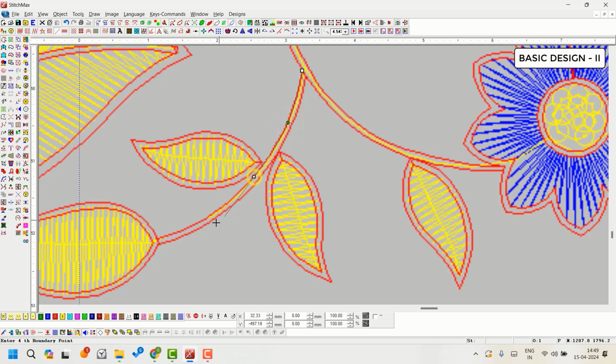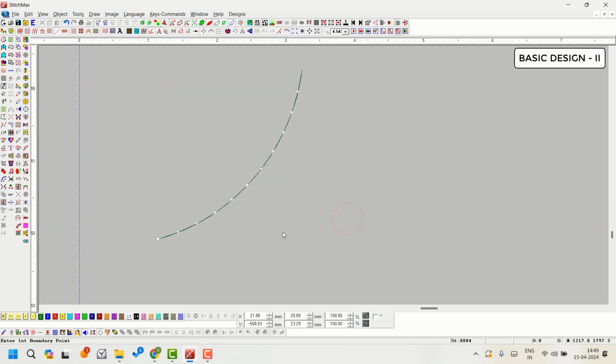In this way, we don't need to place each point individually. Here, you need to press and hold Alt and then right-click. By pressing Alt and right-clicking, a half-round shape is created here, which is called a semi-point. Then, you need to left-click here and press Enter. Here, you can see white colored dots in the object, which are called needle points. The distance between two needle points is called a stitch.